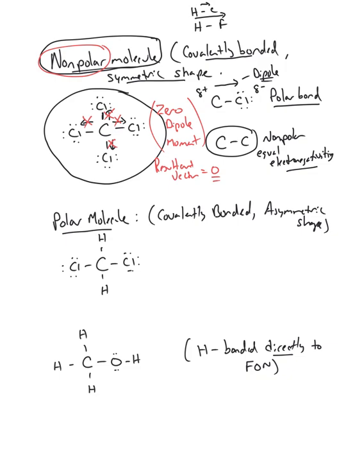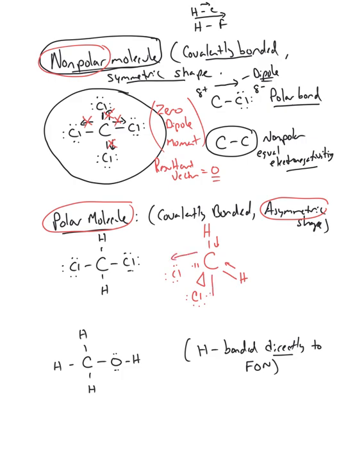Okay? If you have an asymmetric structure, now the molecule ends up being polar. Here's an example, CH2Cl2. Now, most people mistake this guy as being symmetric, but that's because a Lewis structure does not tell us the whole picture. If I were to draw the structure using VSEPR, we'd get a tetrahedral geometry. And if I look at this tetrahedral geometry, carbon is more electronegative than the hydrogen.